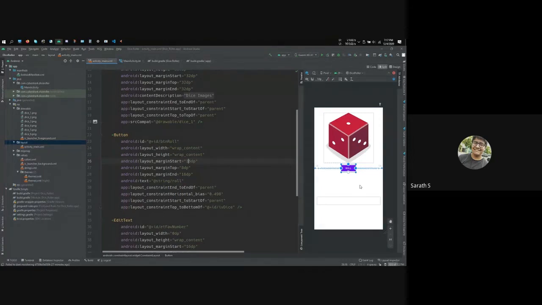You would have heard resolutions like 1080p, 720p. It is independent of all of that. You could also give the width in dp. If I were to give this button only 10 dp, it doesn't show text because it's too small. So you could give width, height, and every dimension using dp.